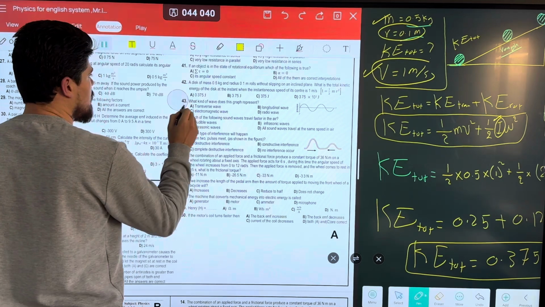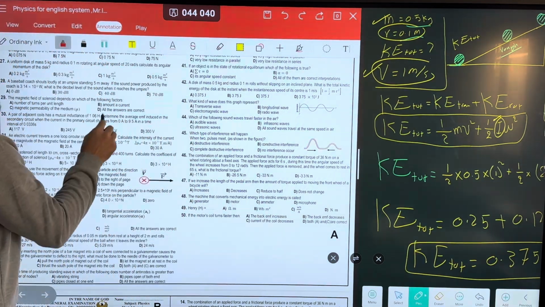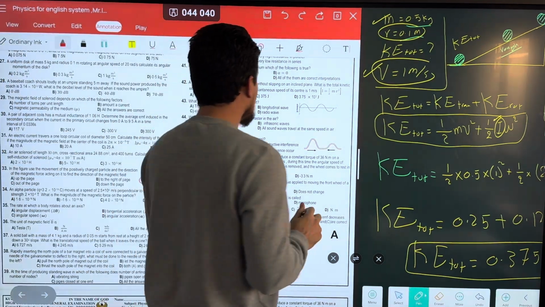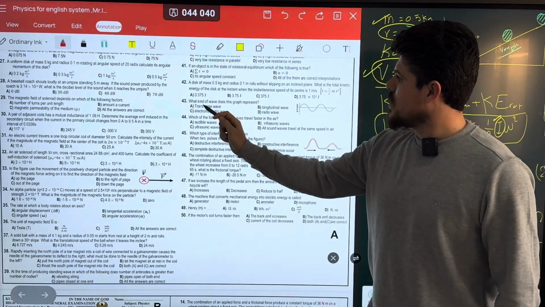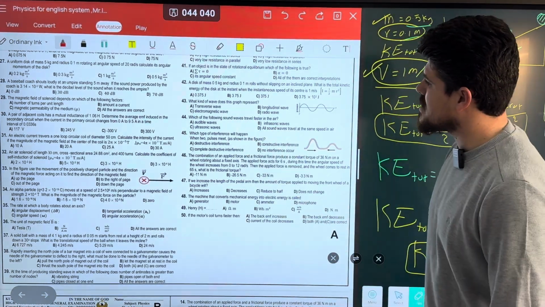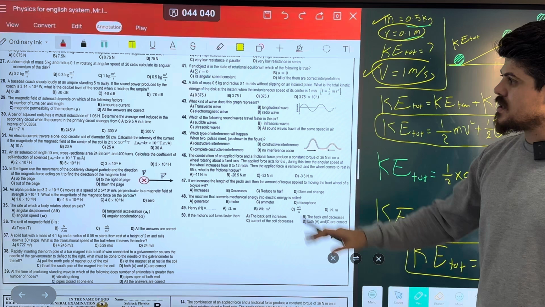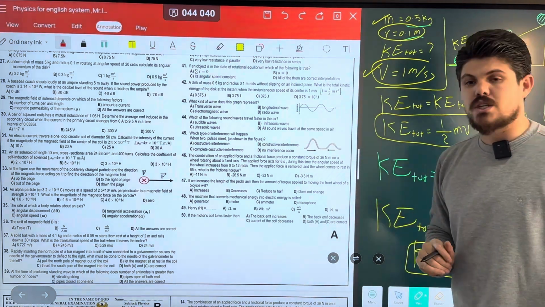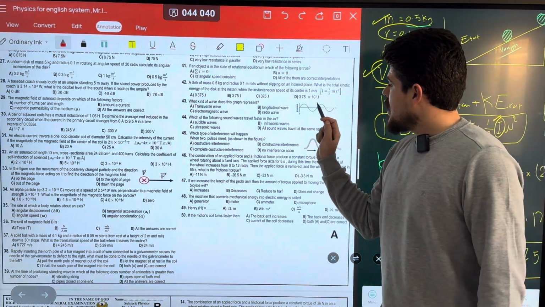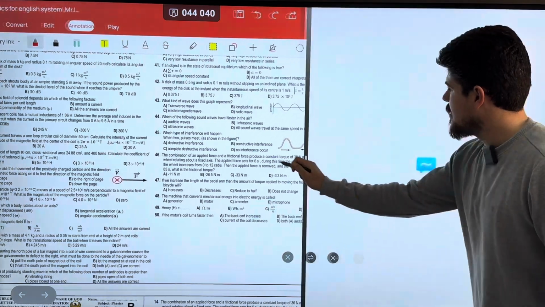Question 43, guys, look at this question. This is related with the chapter 3. What kind of wave does this graph represent? This is chapter 3, section 3. If you see this figure,